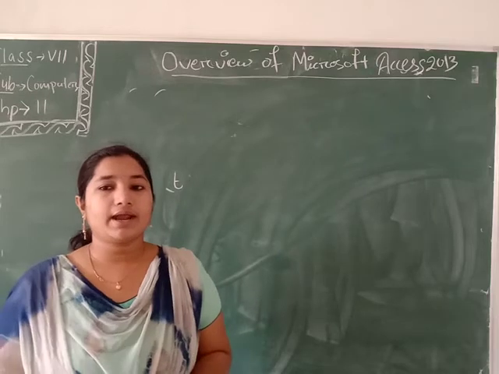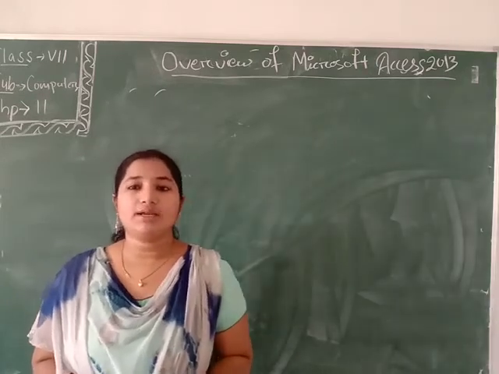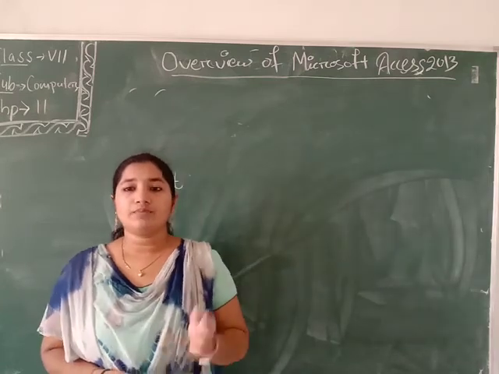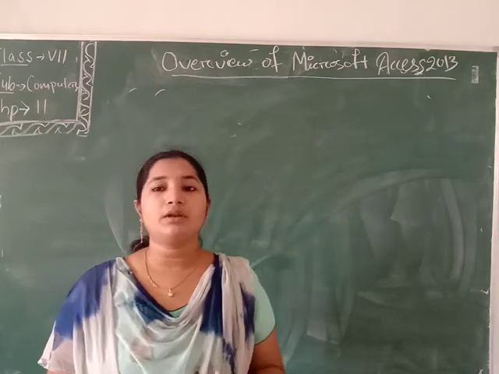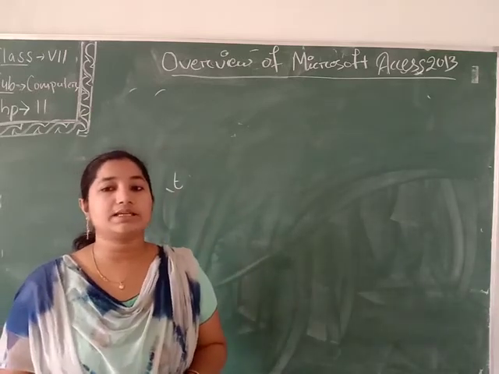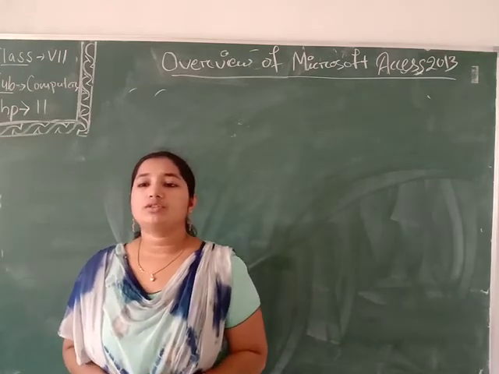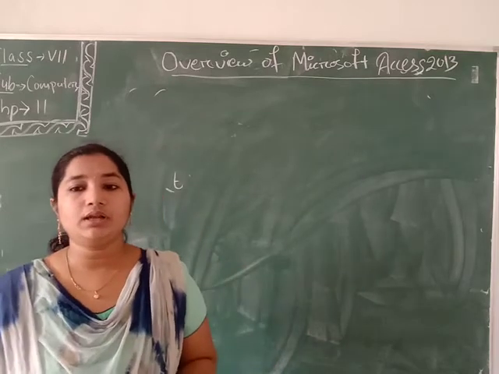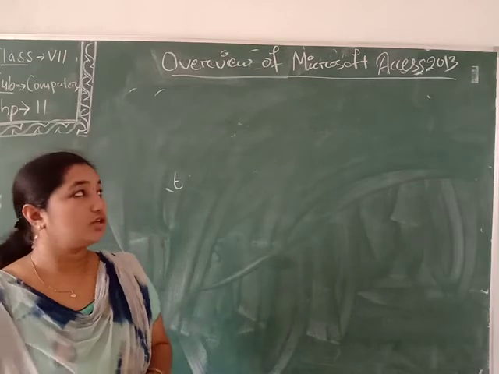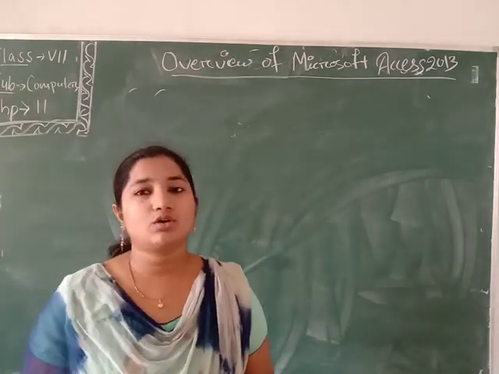Next is our related items control. The related items control provides a quick way to list and summarize data from a related table or query. Click on the item to open a detailed view for that item. Next is our autocomplete control. An autocomplete control looks up the data from the related table and instantly completes the control. So students, this is all about our Microsoft Access 2013. Just go through the